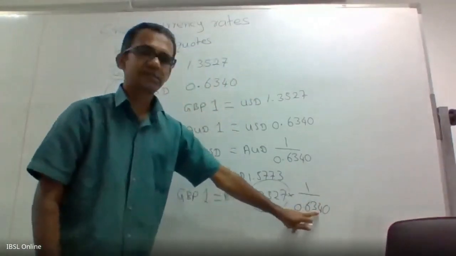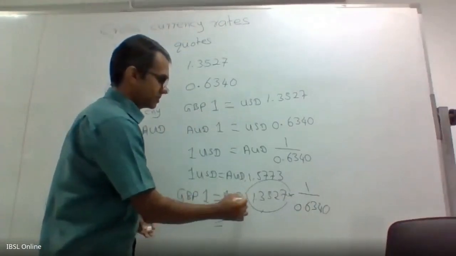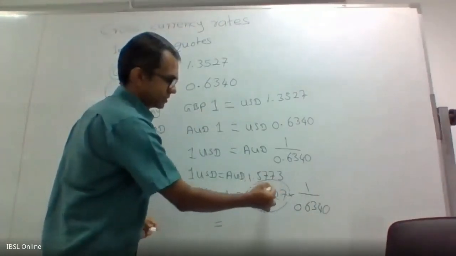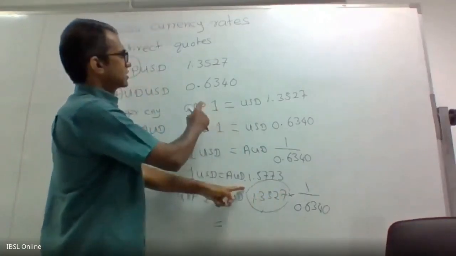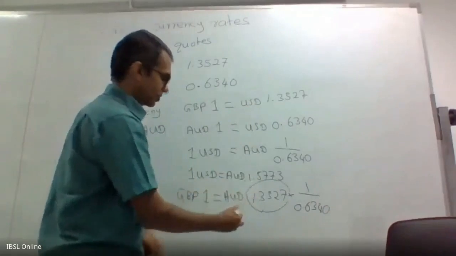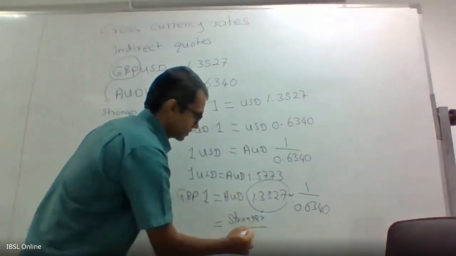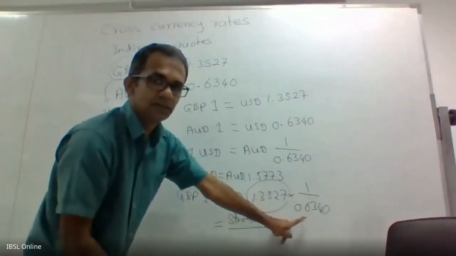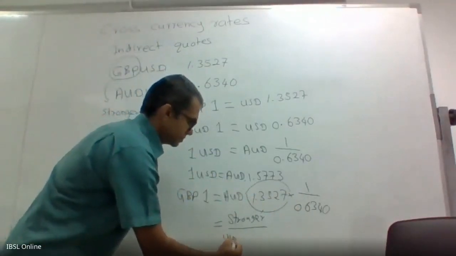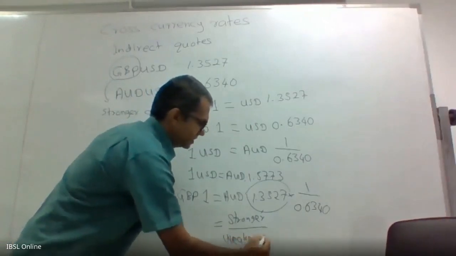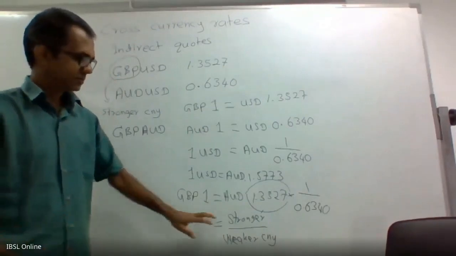So this is the exchange rate between sterling and dollar, the stronger currency, and divide by the exchange rate of the weaker currency. Same thing, division,